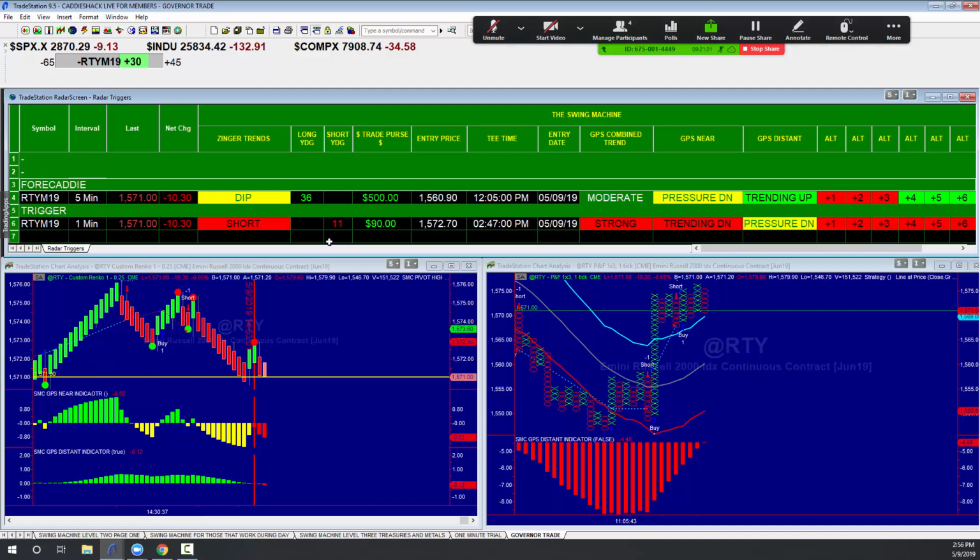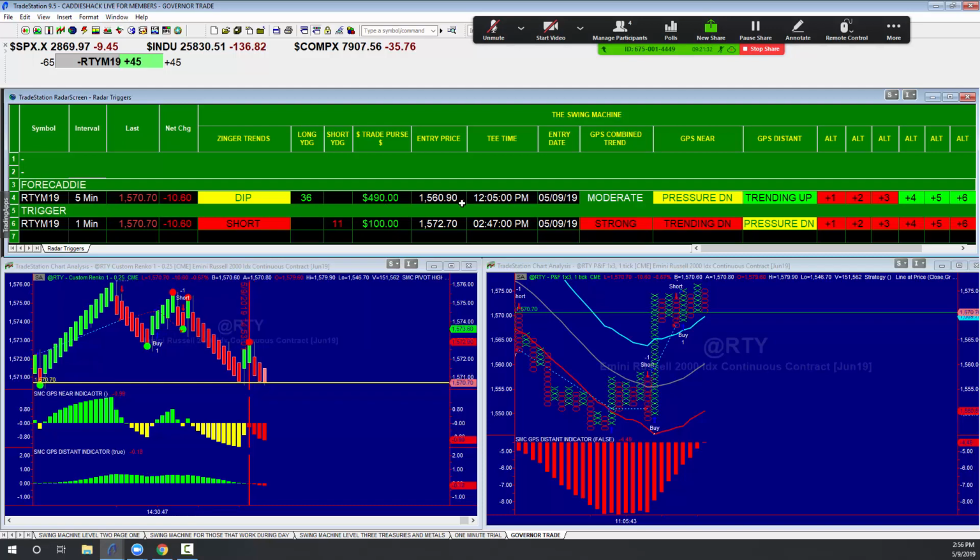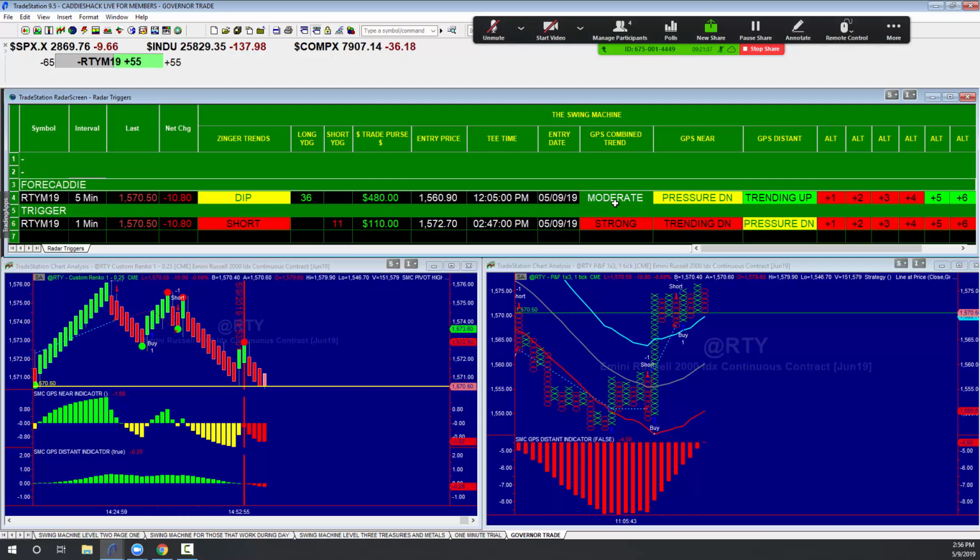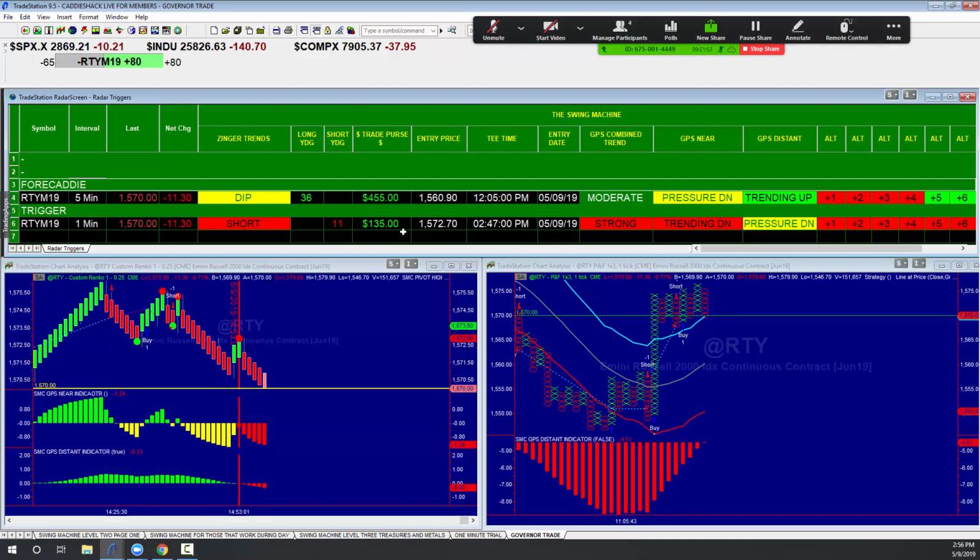Do not underestimate this radar. The radar is measuring the trend on the 4 caddy. It's dipping. It went into this 36 5-minute segments ago at 12:05. It went in long at 15:60, and that trend is moderating. It's pressure down. The distant trend is still up, but here's the selling. The trigger, we went in at 2:47 just 11 minutes ago. The machine has got us beat by almost $60. We were a little bit late